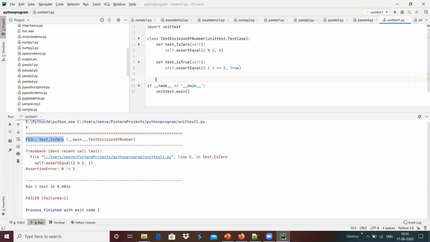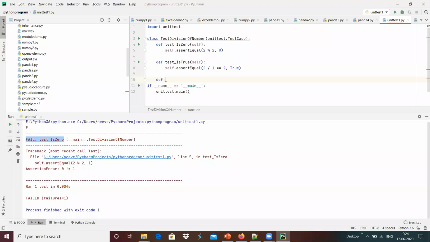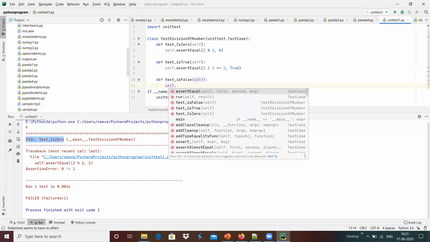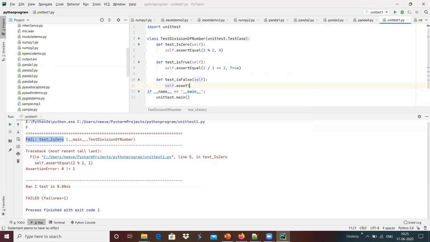And maybe we can do another one, something like test is false, def test_is_false over here, and we have self dot assertFalse over here, and the expression 2 divided by 1 equals 10 over here.